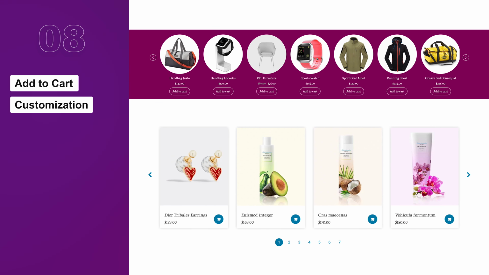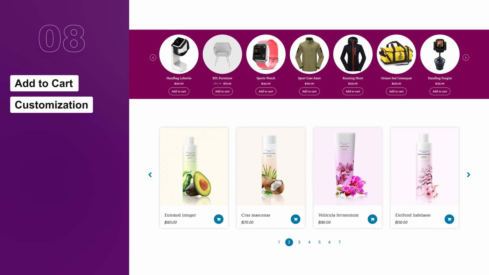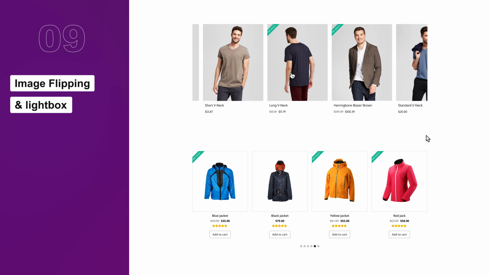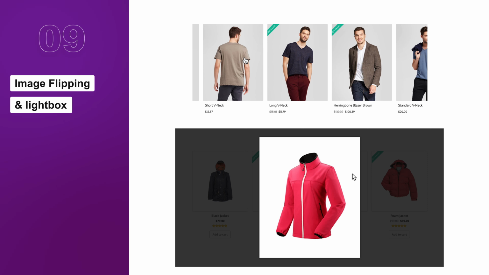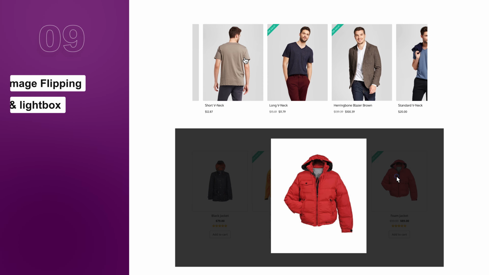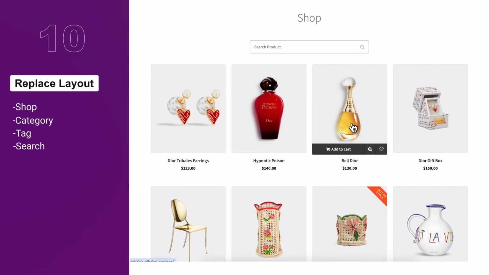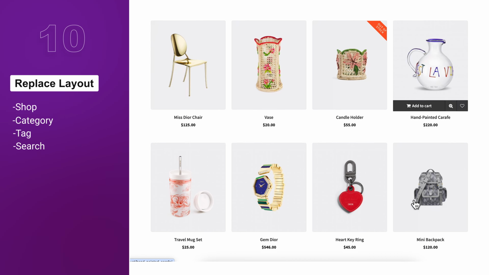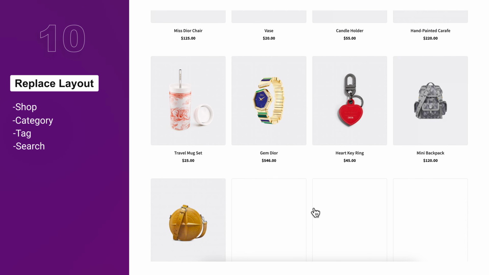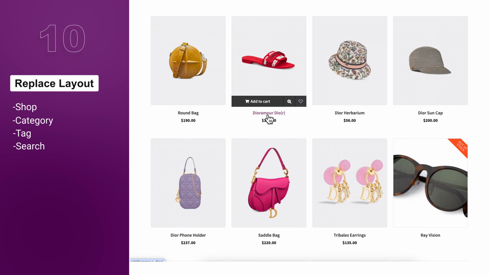Customize the Add to Cart button color, size, and style to better align with your store design and encourage more purchases. Engage customers with product image flipping and lightbox effect that offer a closer look at your products, enhancing the shopping experience. Completely transform the layout of your shop, category, tag, and search pages for a more dynamic and user-friendly